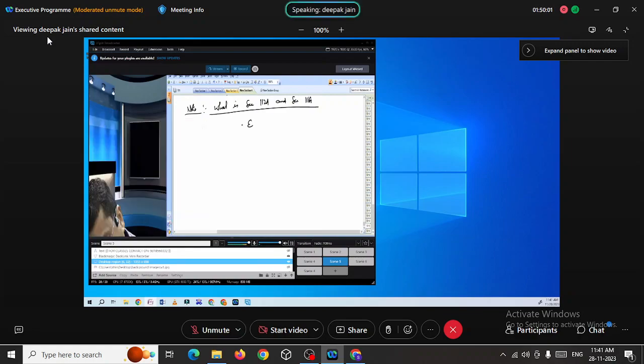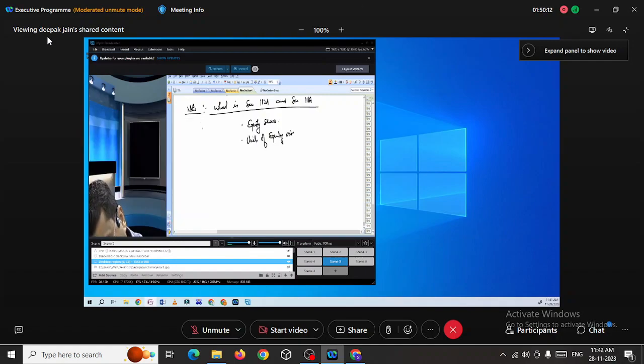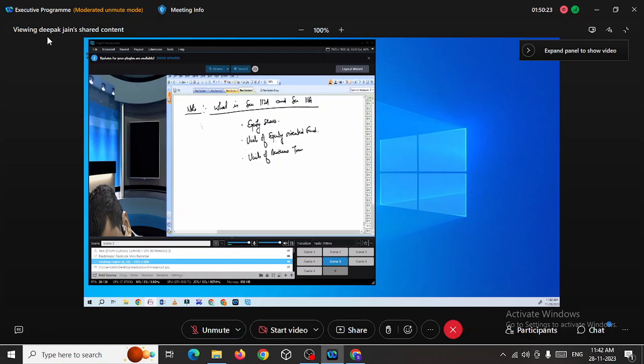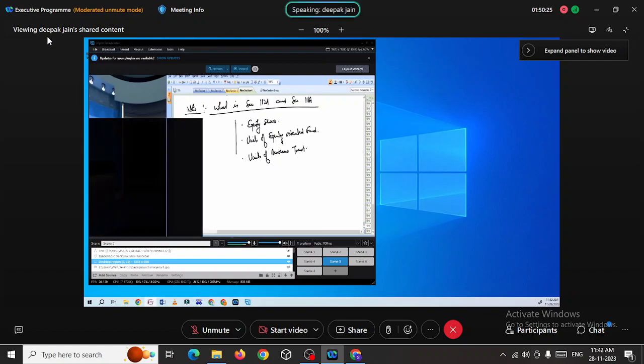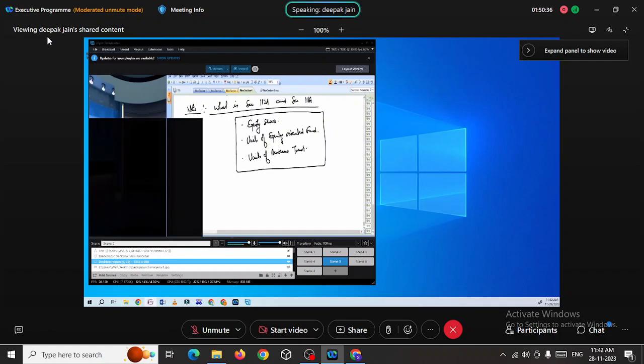Equity shares, units of equity oriented mutual fund, and units of business trust. This section is applicable on three types of security: equity share, units of equity oriented mutual fund, and unit of business trust. If it is transferred through